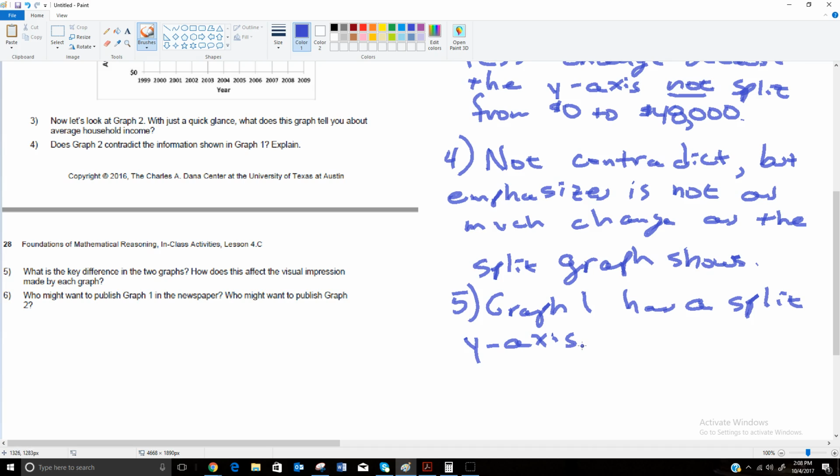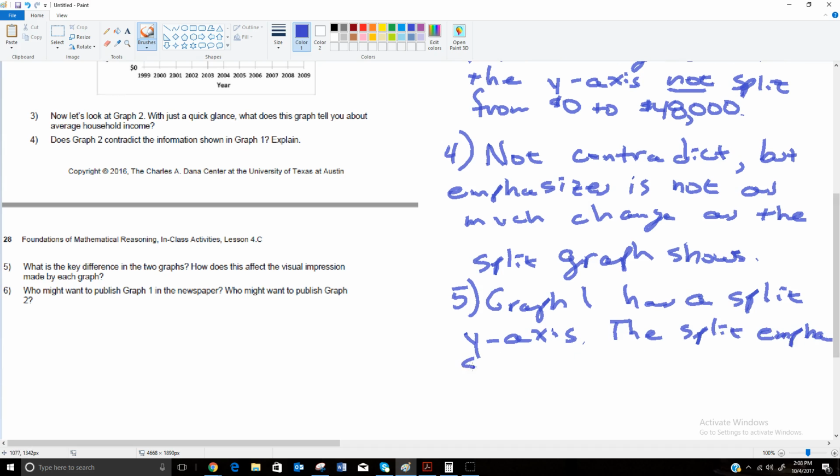The split graph emphasizes change. Ran out of room, it's down here. Okay, so graph 1 has a split y-axis, and that split emphasizes the changes. Let me add to that, the changes in the income,